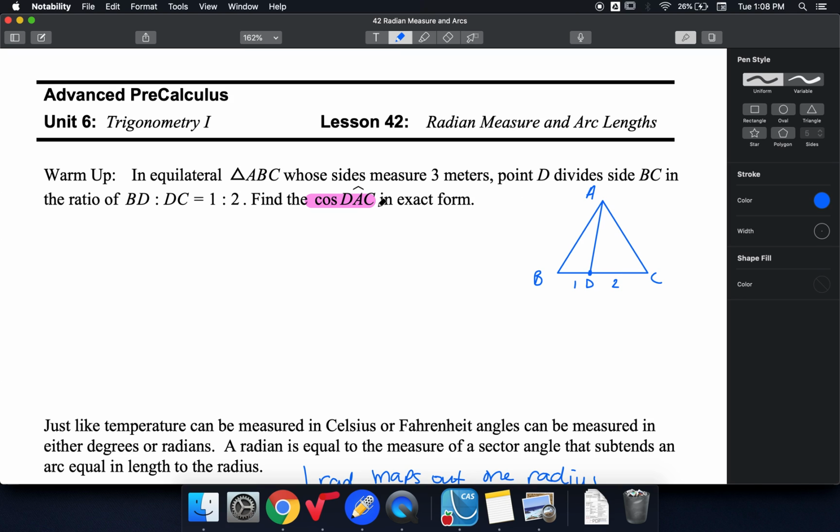And I'm doing that because I want angle DAC. So this is the angle I want. Typically we use theta as our variable for angles. So I'm going to put that there. My other sides are 3. And because it was originally an equilateral triangle, I know that this angle is 60. So we're told that we want cosine of DAC in exact form, but first I want to think about the question of how